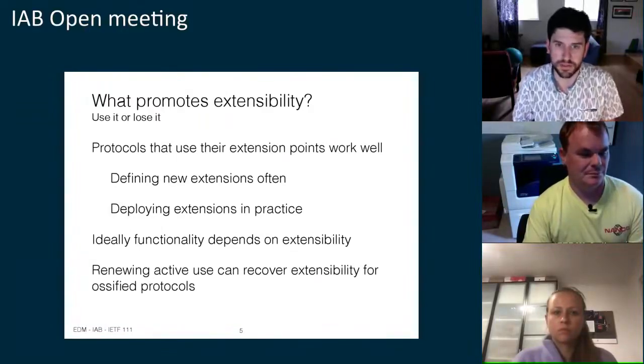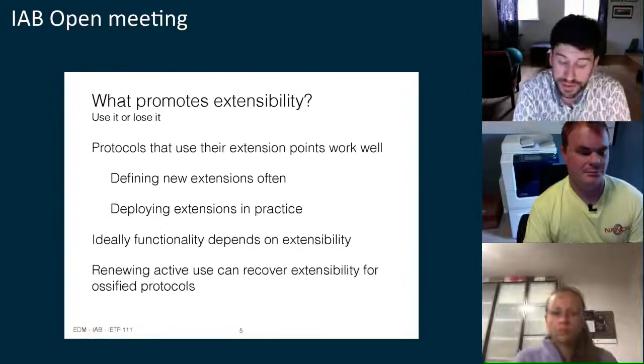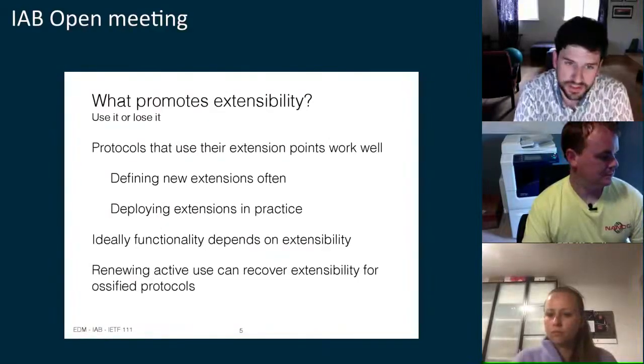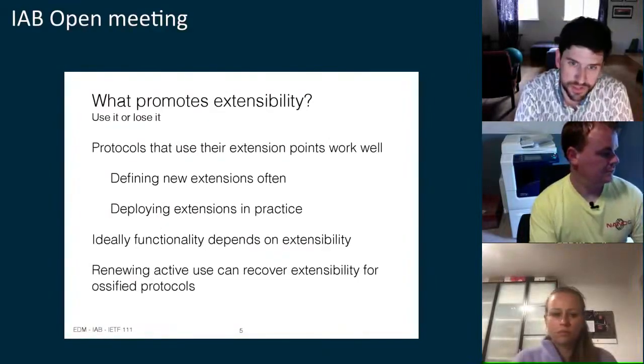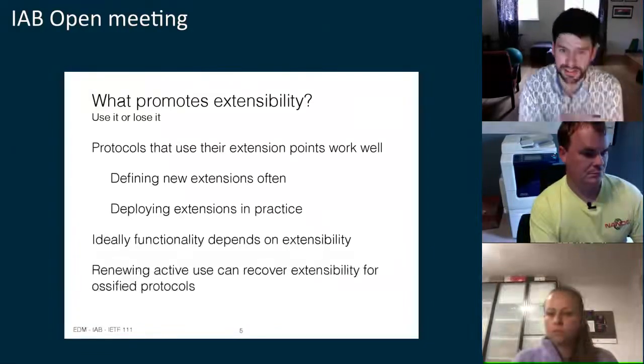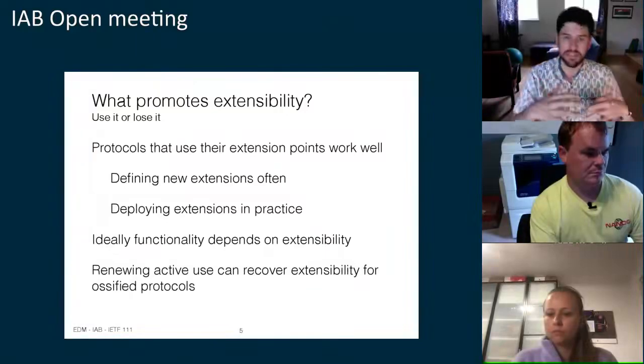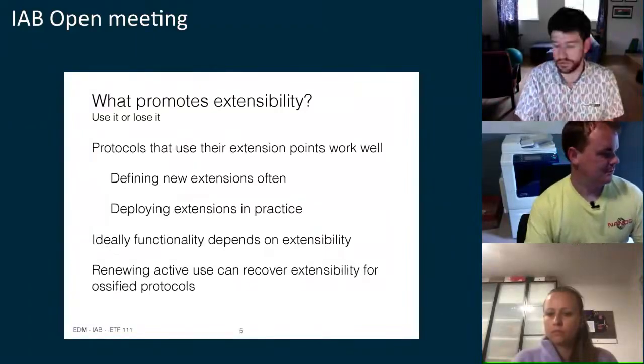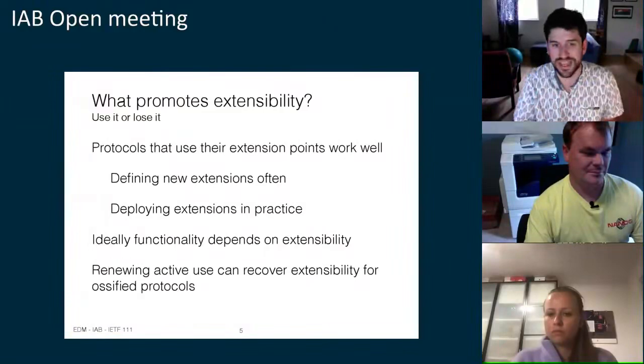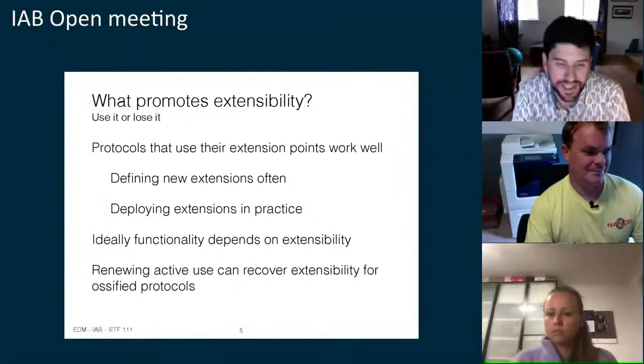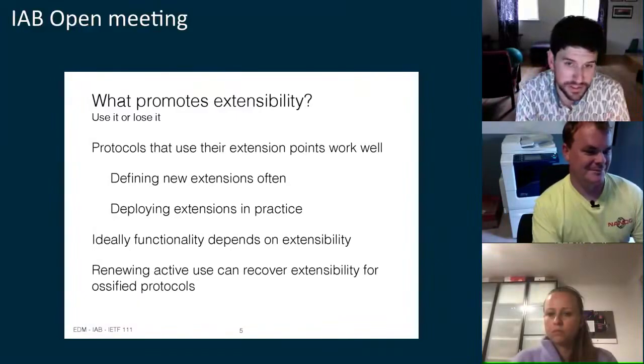It looks at some of the protocols that have good extensibility properties and notes that those are protocols that often use these extension points a lot. And that's in two ways, right? It's both in defining new extensions or new values for these extension points, as well as actually using them in practice.